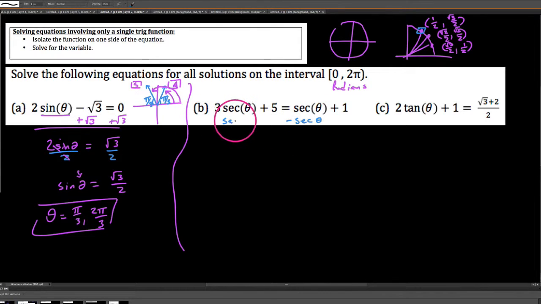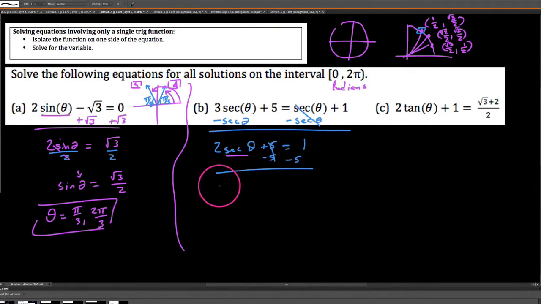So I think it makes more sense here to subtract a secant of theta from both sides. Bringing that over here basically is what we get. We say 2 secant of theta plus 5 would have to be equal to the 1 that was left on the right side. So again, isolating our trig function, we'd say, well, subtracting 5, we would get a negative 4 on the right, so that it's true that 2 times the secant of